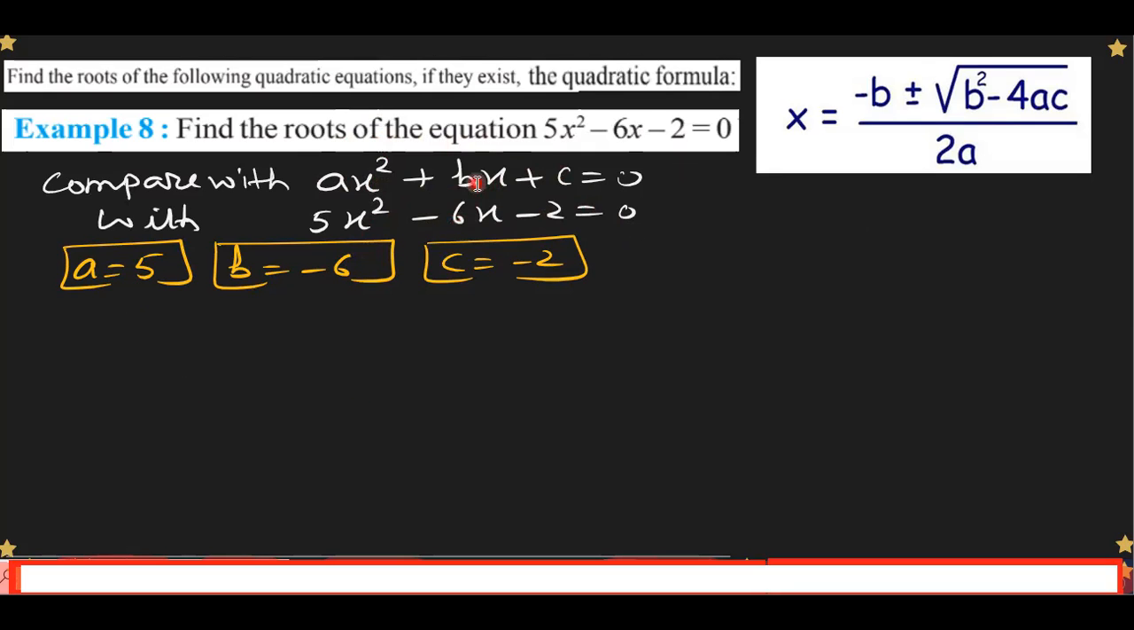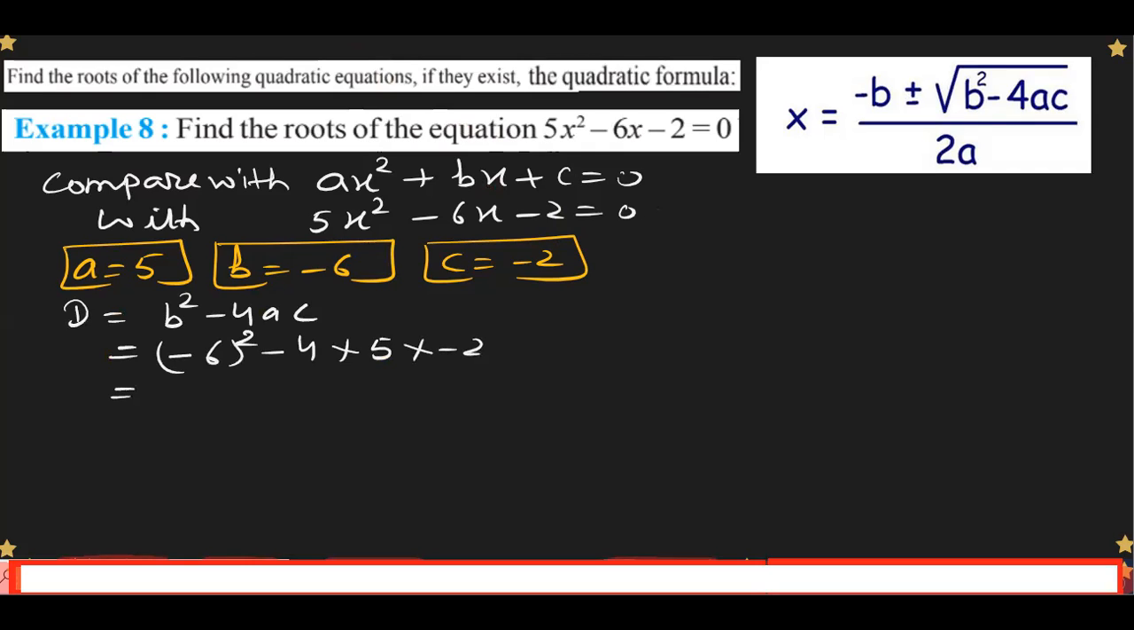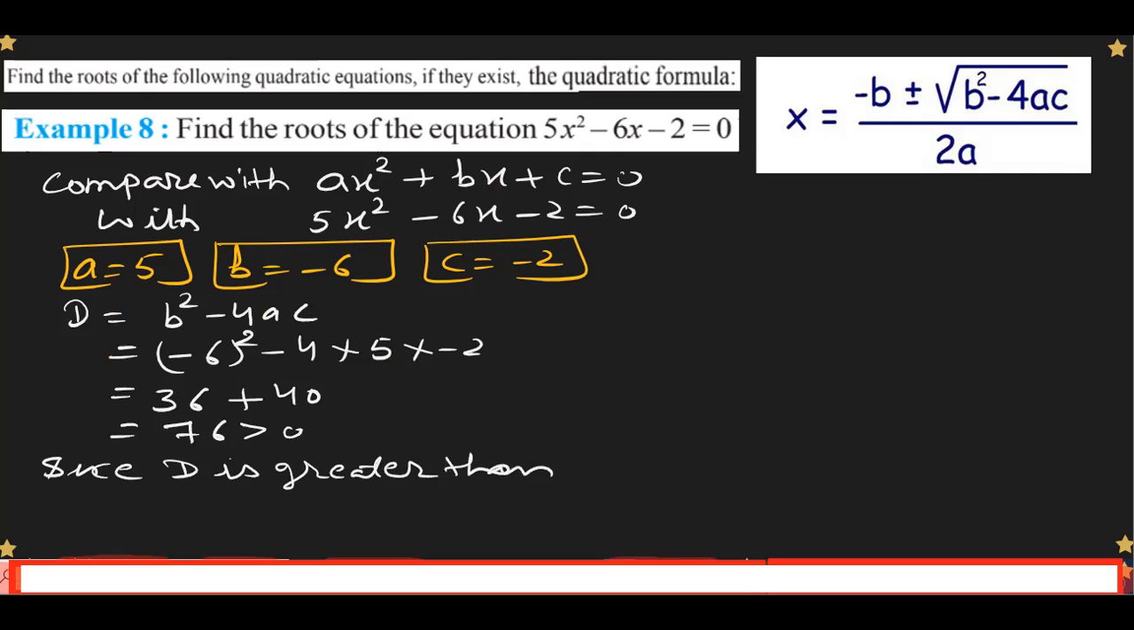So a is 5, b is minus 6, and c is minus 2. Then we find out the discriminant. Discriminant here is, that is b square minus 4ac. b is minus 6 whole square minus 4, a is 5 and c is minus 2. Minus 6 whole square is 36, and that is minus minus plus, 5 4s are 20, 4 2s are 40. That is 76. So since discriminant is greater than 0, therefore roots are,